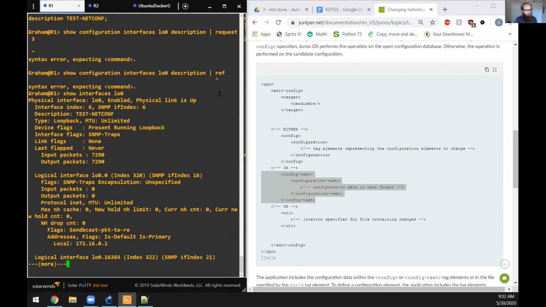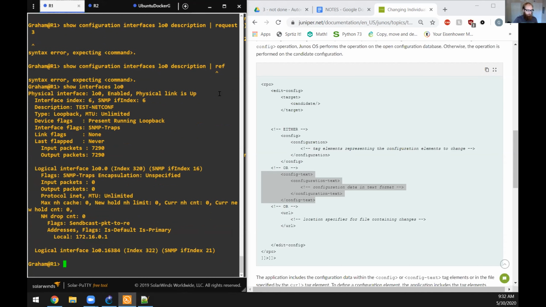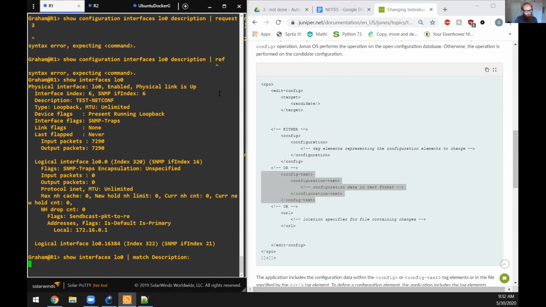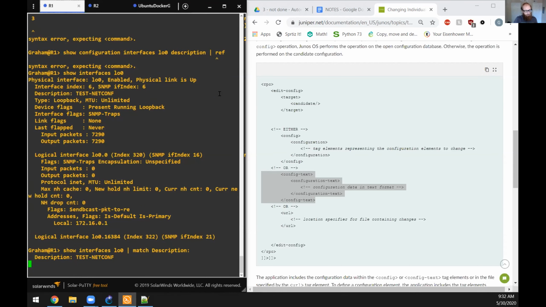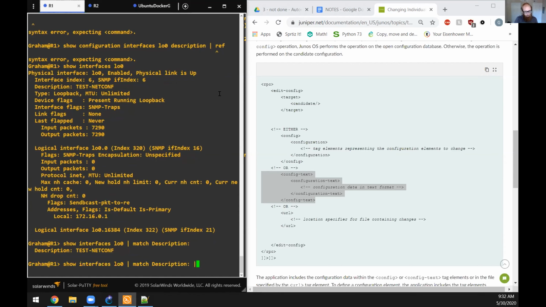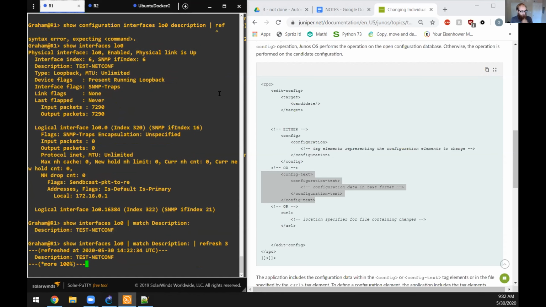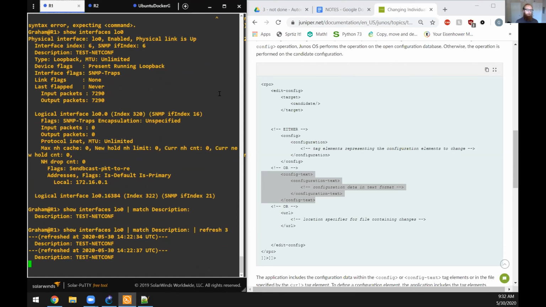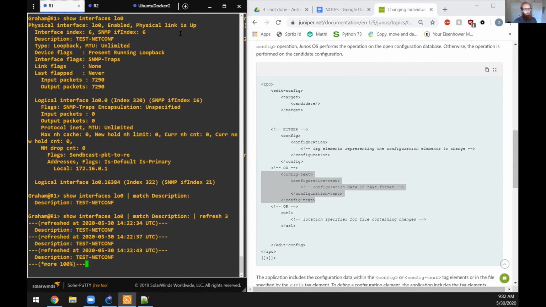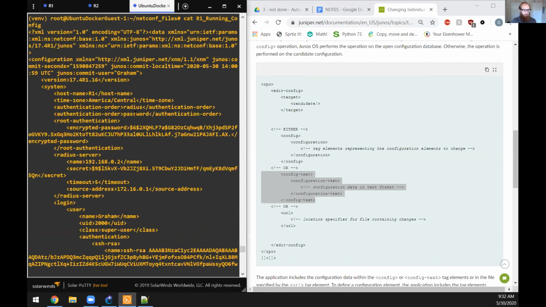Oh, sorry, not the configuration, the description. Yep, so there it is. Pipe match description, perfect, and then pipe refresh 3. There we go. So that's the description popping up every 3 seconds. So we're going to see that change hopefully after I send the